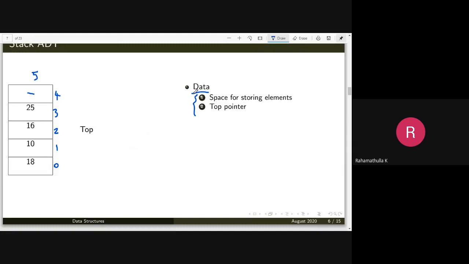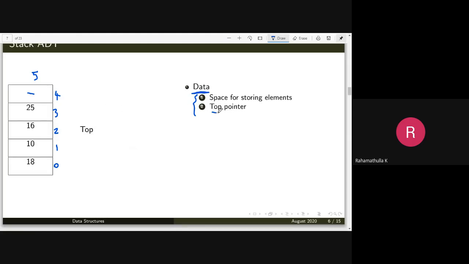So data means you will have to reserve space for storing these elements. If it is an integer stack, space for storing integers. If it is a stack of strings or a stack of structures, correspondingly you will have to define space for storing those elements.